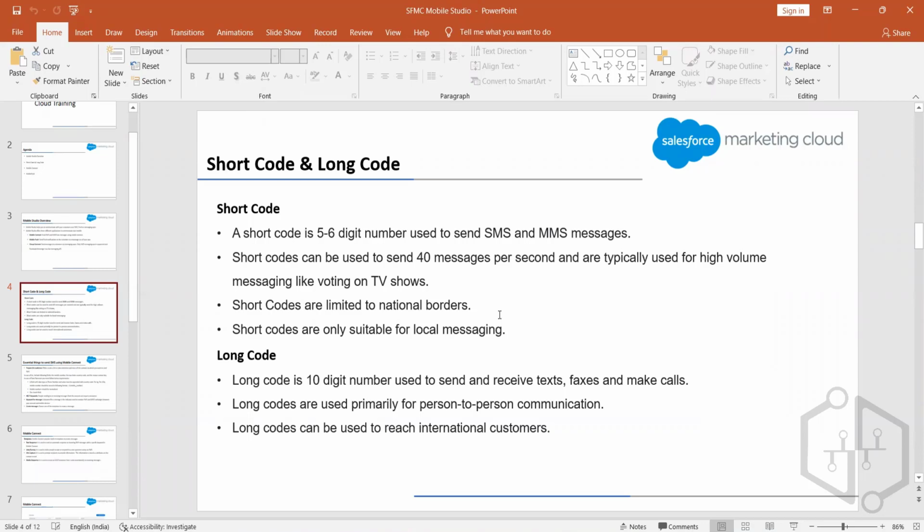Short codes are generally used for bulk messaging. So let's say if you want to communicate something to thousands of customers, right? What we'll do, we will use a short code. Let's say if there's a new notification that you